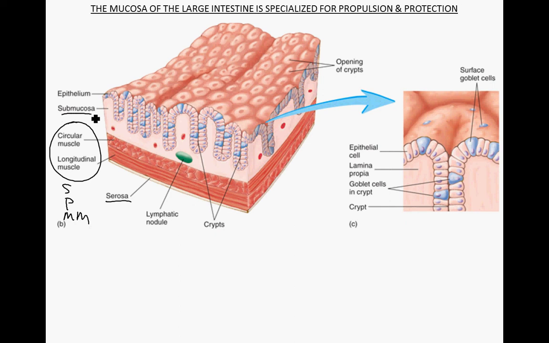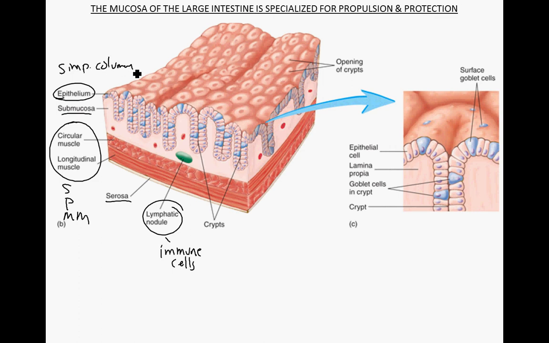There's a submucosa, and in the submucosa you have the lymphatic nodules, where you're going to have immune system cells hanging out here, so that in case any nasty viruses or bacteria cross the mucous membrane here, the immune system is ready to detect that and set off an immune response. Then you finally have the epithelium, and this epithelium is a simple columnar epithelium,